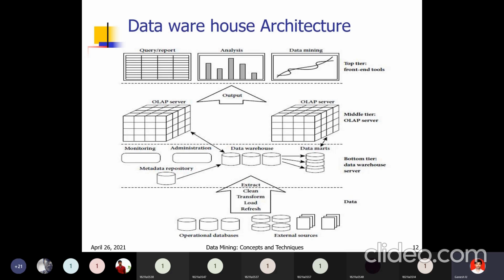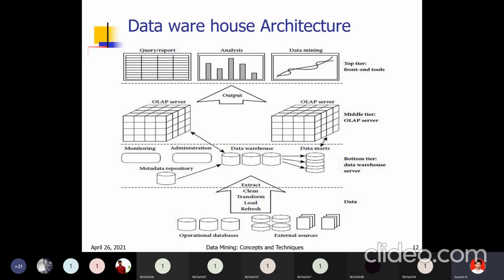Here, different data marts are there. The first one is for ECE, the second one is for CSE, and only CSE related data is in that data mart. A data mart means data related to only a particular specific group.